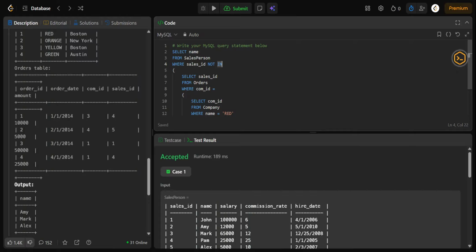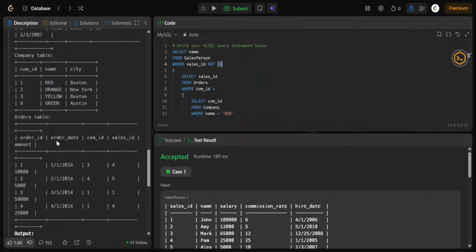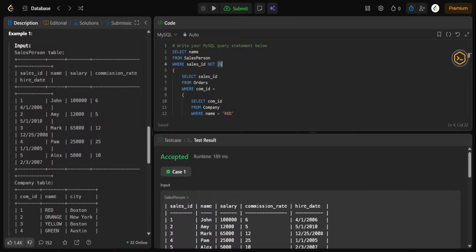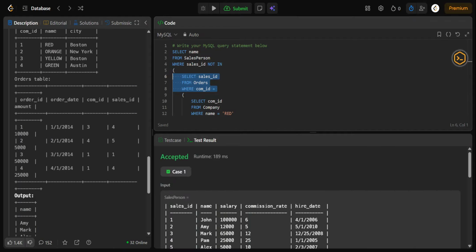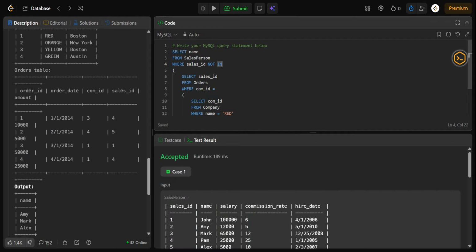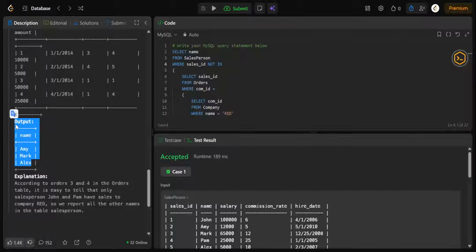When we apply the NOT IN operator, NOT IN operator means that जो सेल्स आईडी हमारी वन एंड फोर निकल के आई है उसको हमको ऐड नहीं करना है, जो हमारी फाइनल आउटपुट निकलेगा। जब हम सिंपली जब उसको ऐड नहीं करेंगे, इट मीन्स दैट हमारे आंसर में सिर्फ और सिर्फ कौन रह जाएगा, एमी, मार्क एंड एलेक्स, ओके। बिकॉज जॉन एंड पैम को तो हम ऑलरेडी रिमूव कर चुके होंगे ना, क्योंकि हमारे पास कंपनी आईडीज यूजिंग दिस क्वेरी हमको सेल्स आईडी मिल चुकी होंगी, बिकॉज सेल्स आईडी वन एंड फोर जिसको हमें इसमें इंक्लूड नहीं करना है, ओके, ओके। So that's exactly the output that we expected, as you can see in the output, okay.